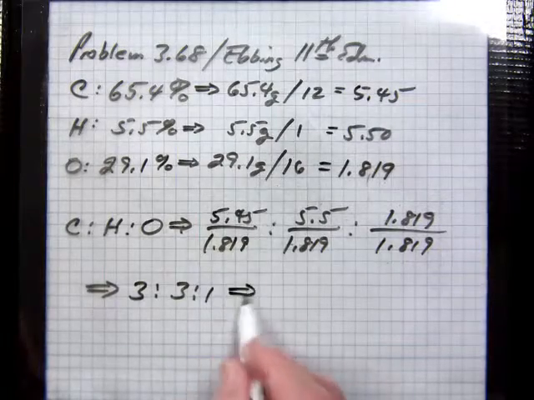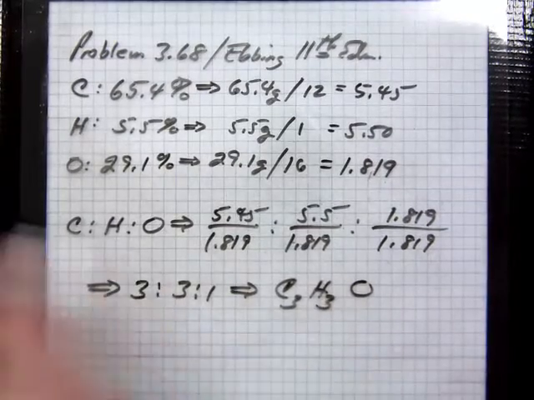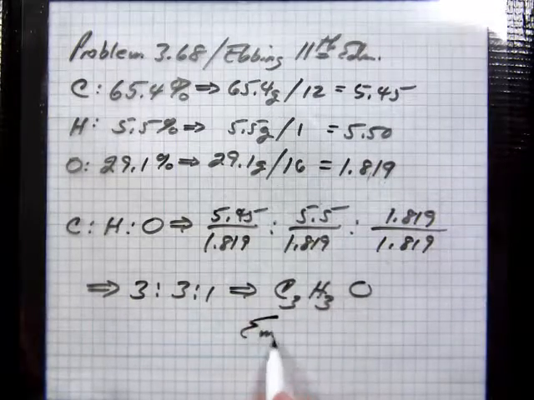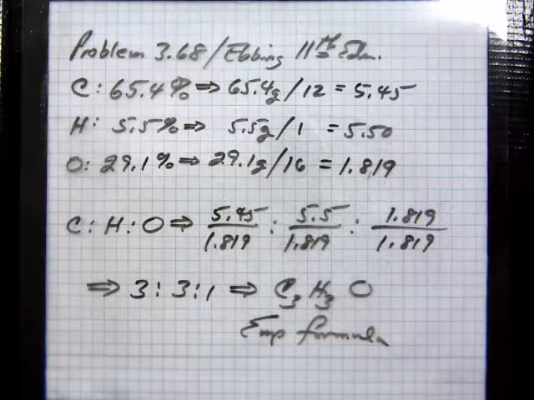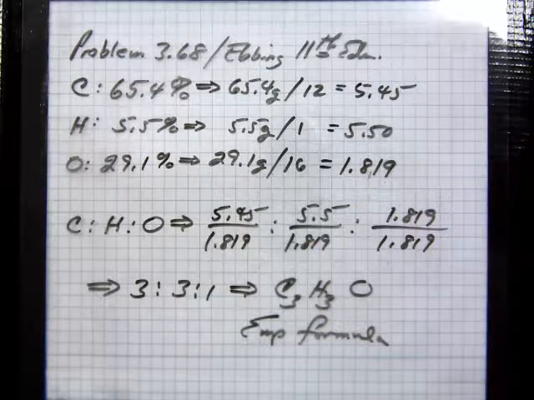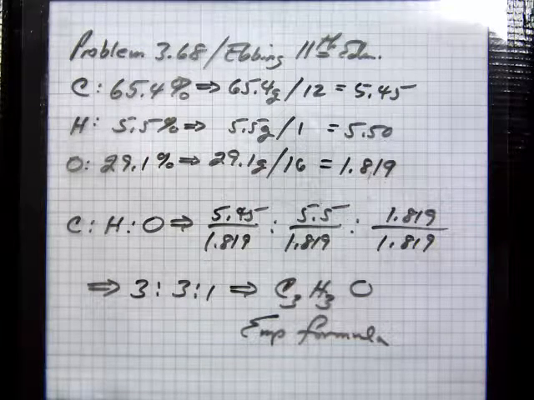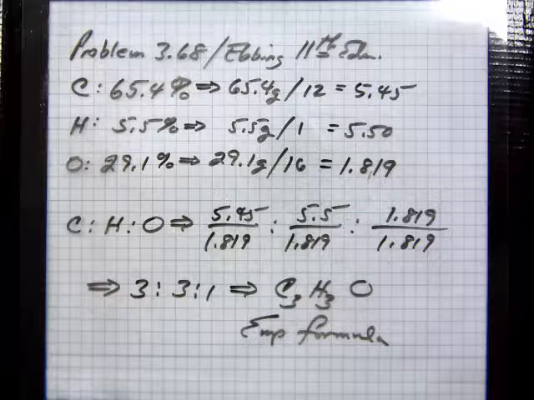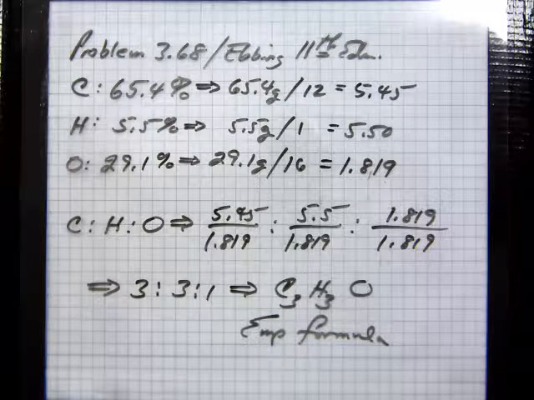So this gives you a C3H3O empirical formula. So I've worked one from both directions, in the context of turning percent into empirical formula. But the big issue is getting it to the percent per hundredweight and then going through a procedure to